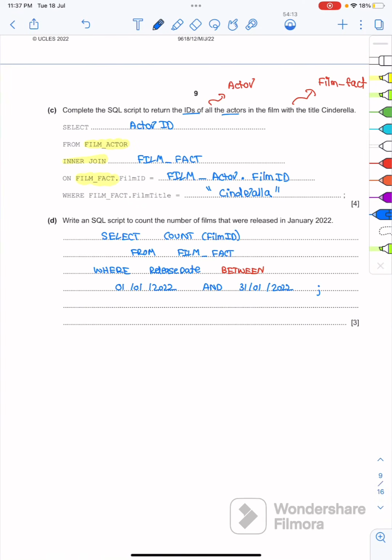So 3 marks. The first mark you're going to get is for the select part. The second mark you're going to get is for this thing, and the third mark you're going to get is for this, stating the dates from which the